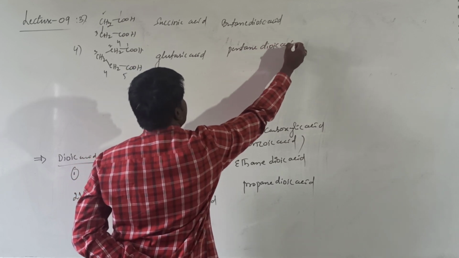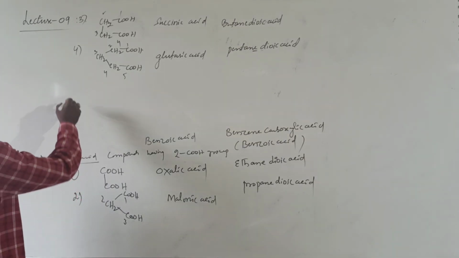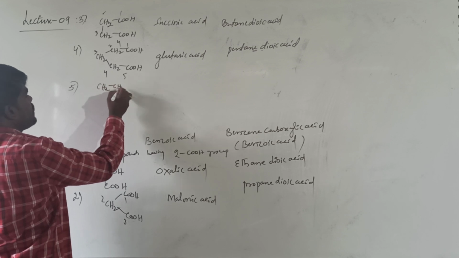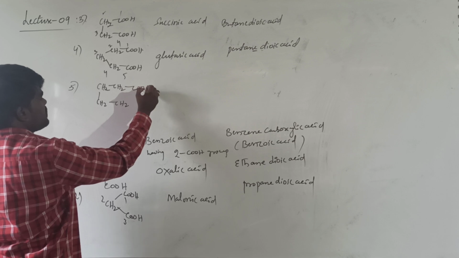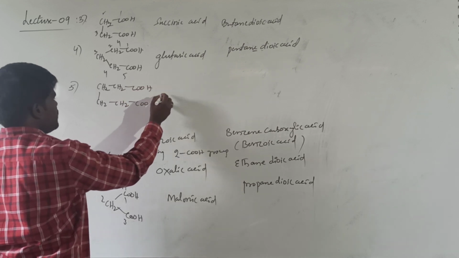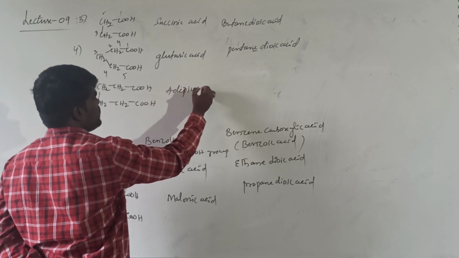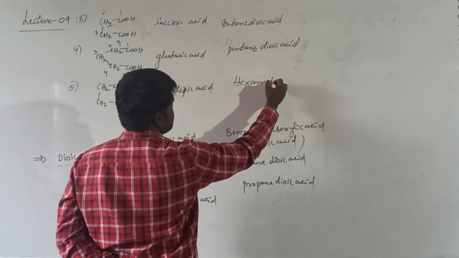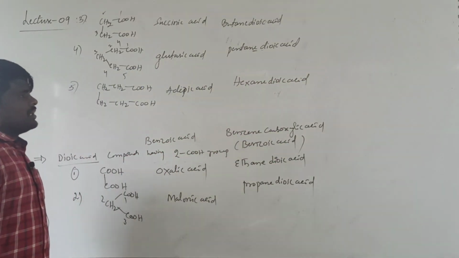Here also you need to remember that we are retaining this E since D is a consonant sound, right? And the next member is adipic acid. 6 carbons will be there. These 6 members of dioic acids are very important with their common names. This is called adipic acid. It is called hexane dioic acid. What do you call it? Hexane dioic acid. Hexane 1,6 dioic acid or hexane dioic acid.